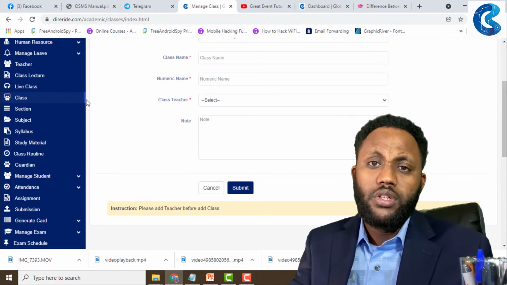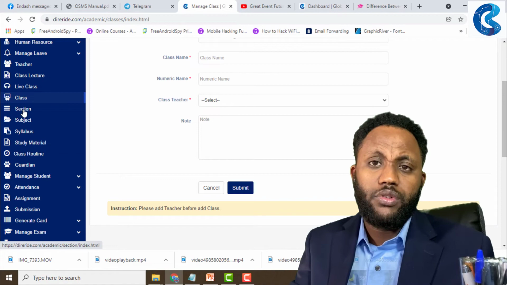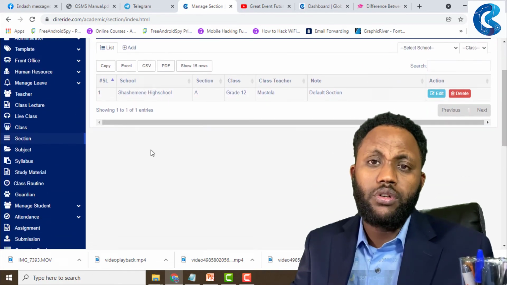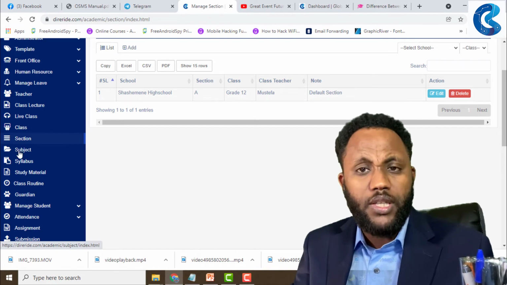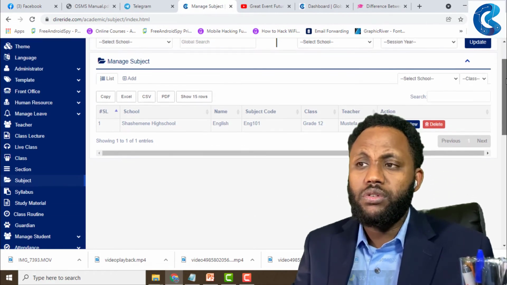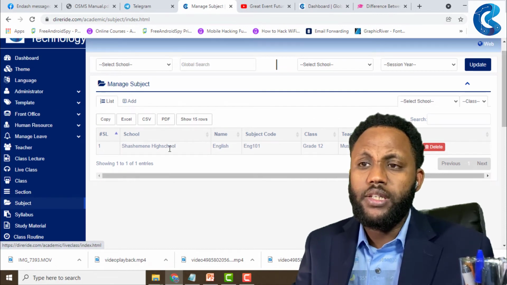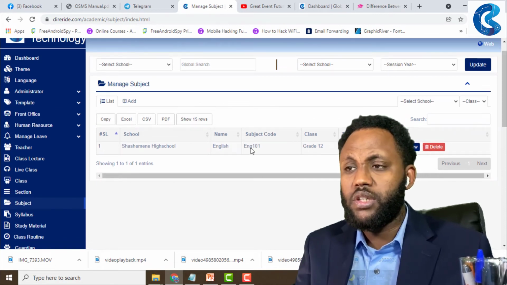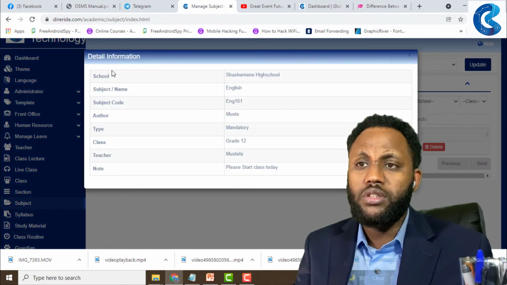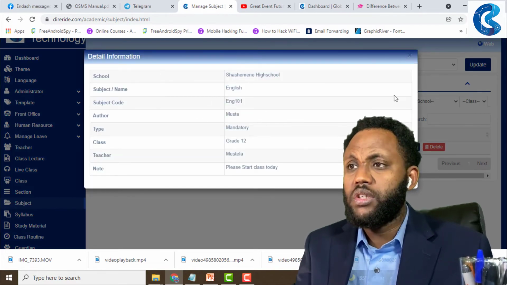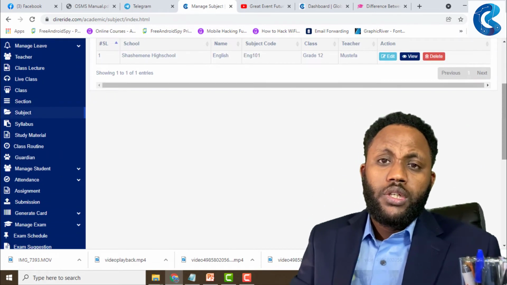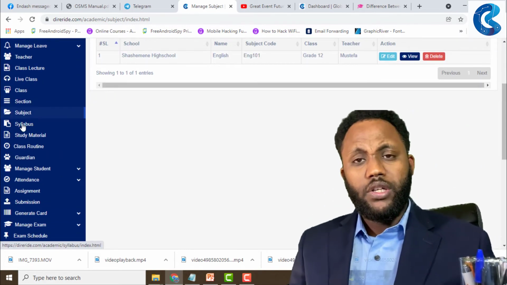So this is easy. You can also add the section right here, which section it is. There is also a subject option right here. So you can easily add any subject. As you can see here, one subject is added already. So it's very easy to manipulate. And you can also add a